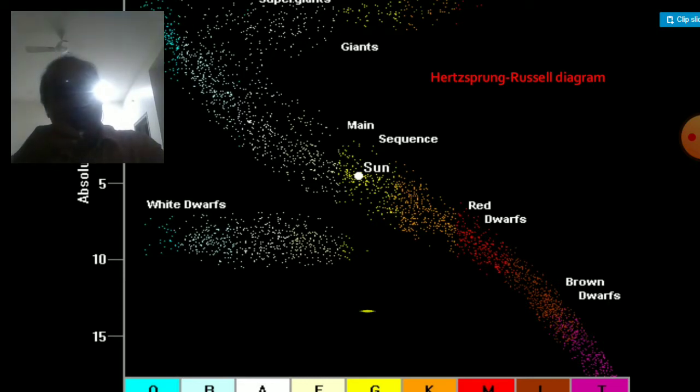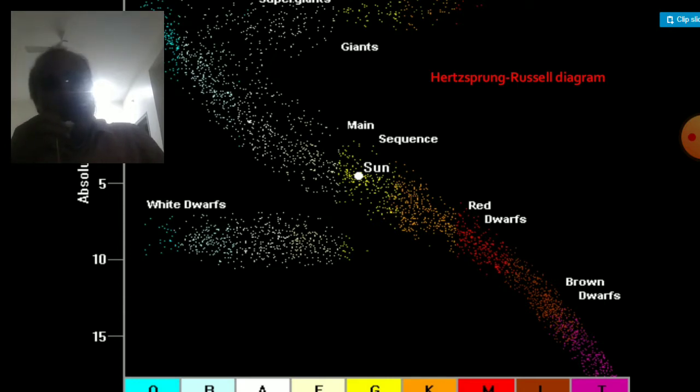Let's see on the screen a spectacular diagram known as the HR diagram. In the HR diagram, each dot represents a star. Now observe the HR diagram. Some stars appear in blue color, meaning highly vibrant, energetic stars. And some stars appear in white, yellow, orange, red and pink color. And 90% of the stars are